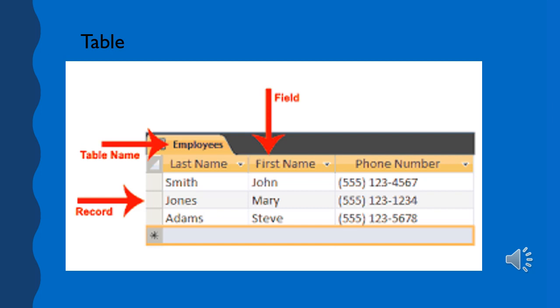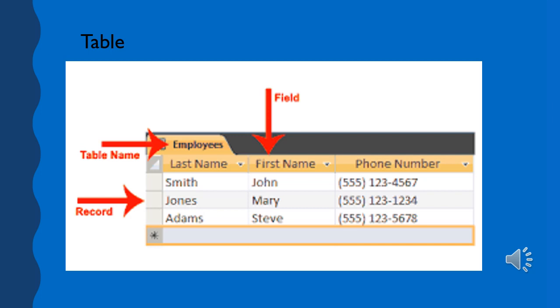MS Access is an object-oriented relational database management system. It stores information in the form of objects. The various types of database objects that can be created using MS Access are tables, queries, forms and reports.